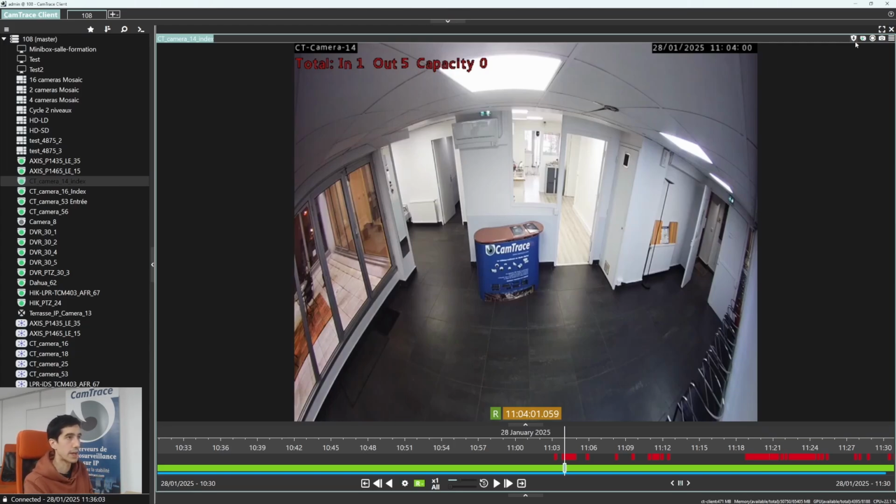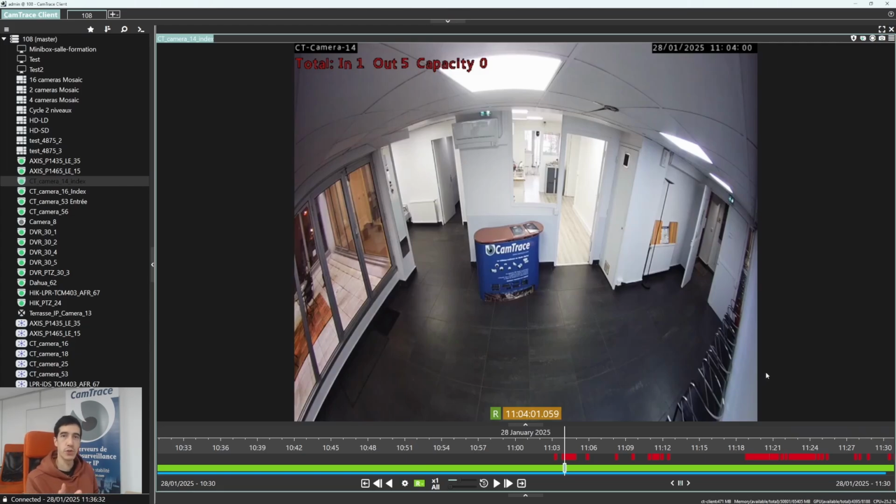So before clicking this export button, you have to check the start date and end date. The second parameter will be which track you are watching right now. So either regular recording track or alarm recording track.